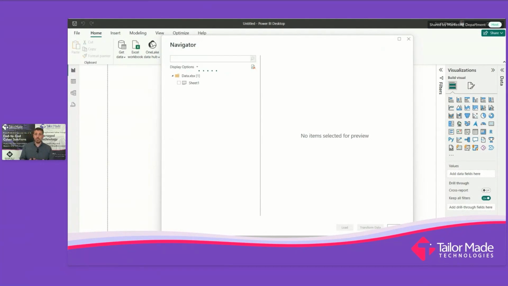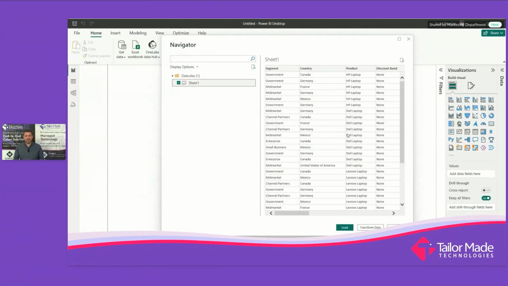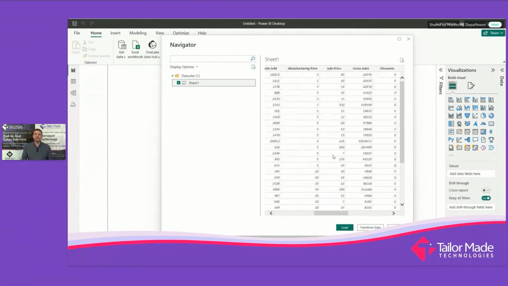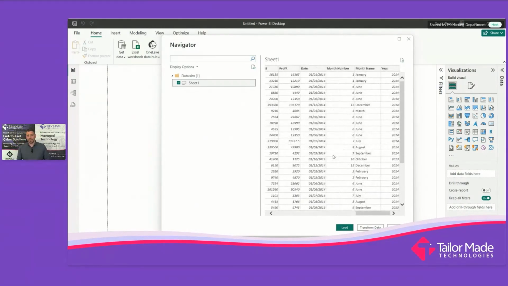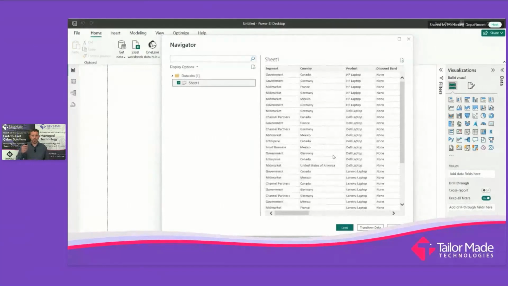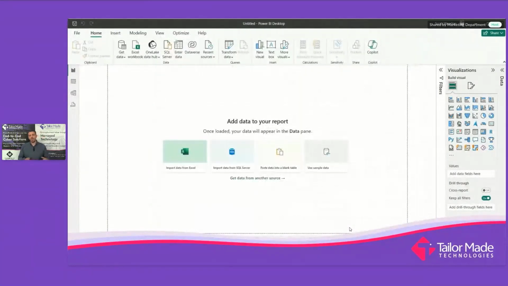It does take a minute. The more data you've got, the longer this process will take. It's not infinite, but there's about 700 rows here. So if I tick the little Sheet 1, you can see that if I have multiple sheets, it'll have lots of sheets in there. But there's the data we were looking at a moment ago. It's in the same sort of structure. It's worked out my headers. It now understands how I refer to those columns. And I'm going to load that data in. And we're going to end up with, hopefully, it being pushed into our Power BI platform.